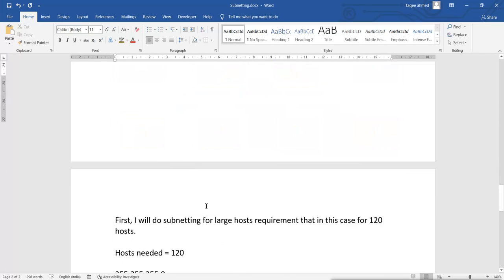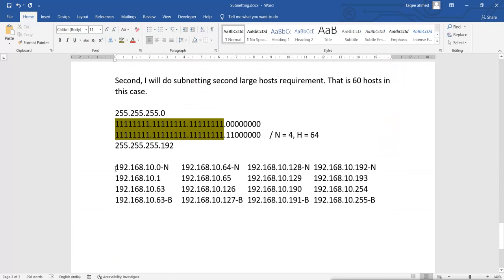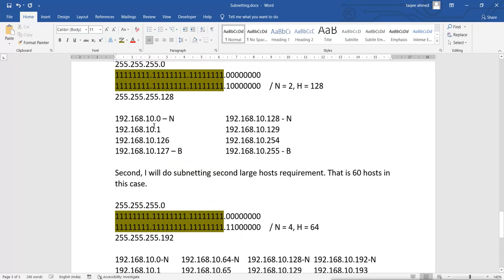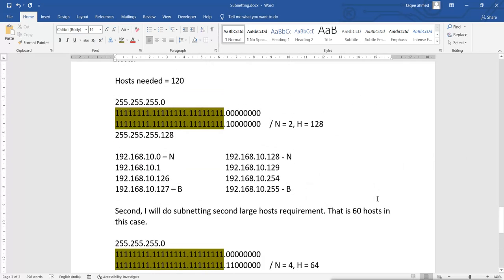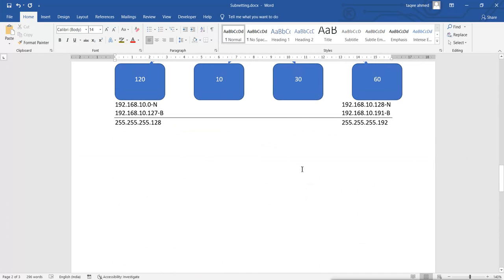Now what I did here, we have already used these three subnets. Actually these two subnets we have already used when we did the subnetting first time here. Now when we did the subnetting second time for 60, we used this third block also. That means we used the IPs from 0 to 191. Now what we have remaining is the 64 IPs, from 192 to 255. Now we need IPs for these two different subnets,